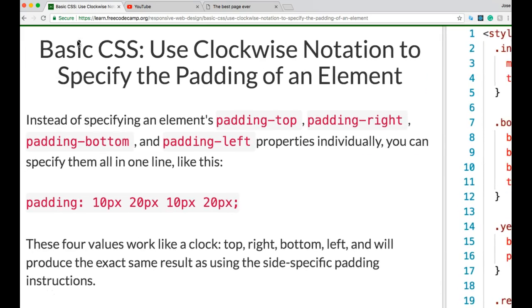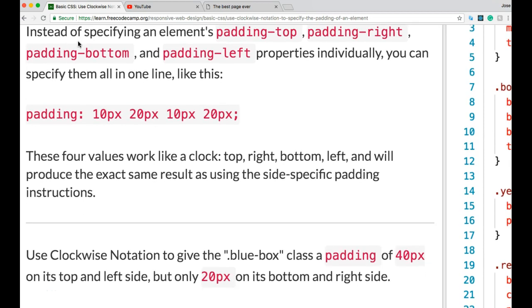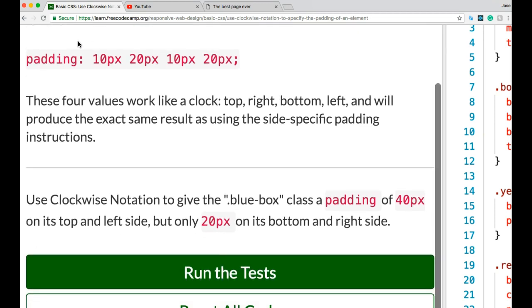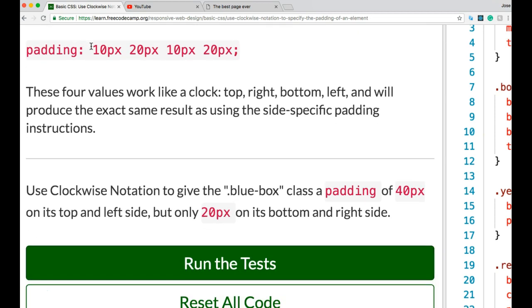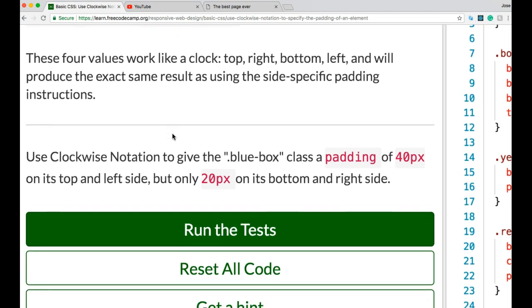We are in Use Clockwise Notation to specify the padding of an element. So instead of specifying an element's padding top, padding right, padding bottom, and padding left properties individually, you can specify them all in one line like this. Padding, we have 10 pixels, 20 pixels, 10 pixels, 20 pixels. These four values work like a clock: top, right, bottom, left, and will produce the exact same result as using